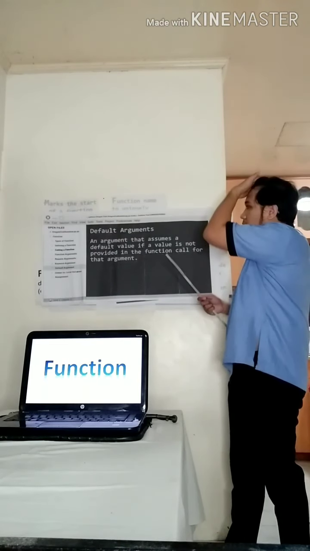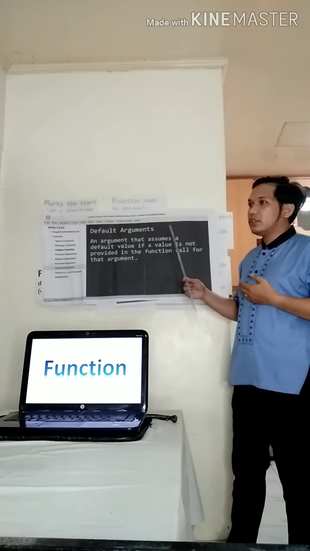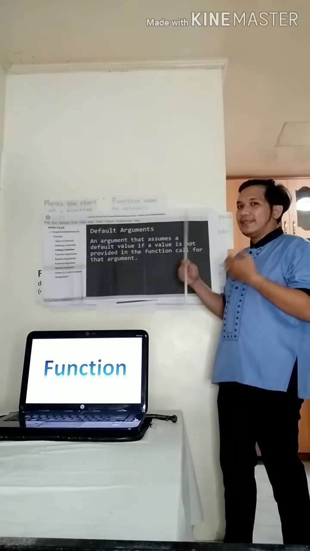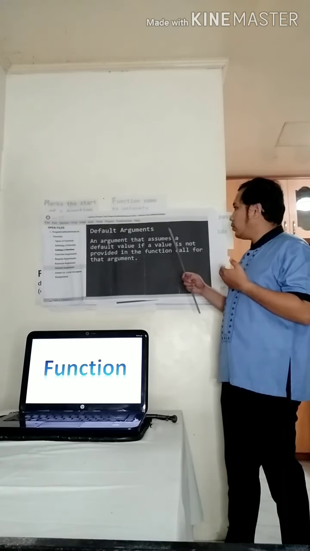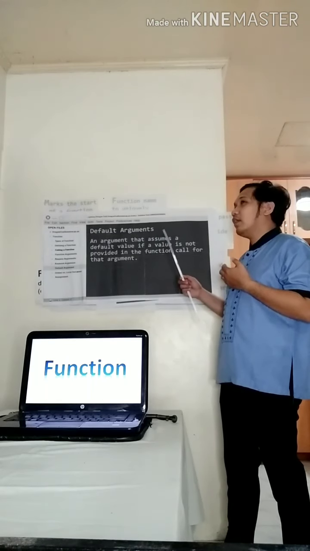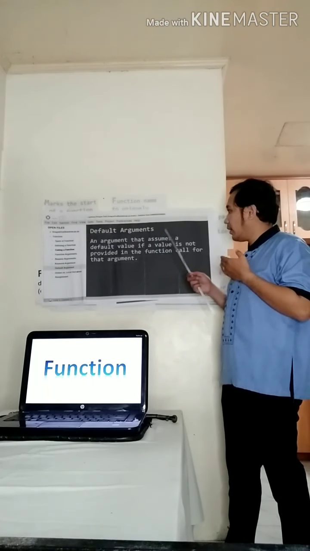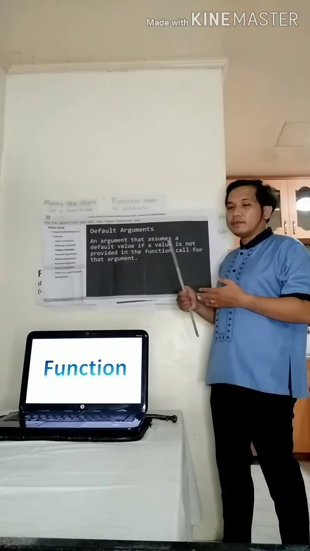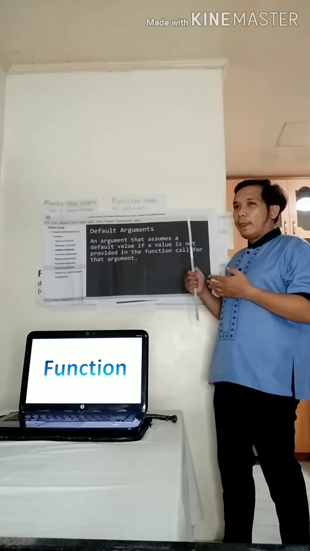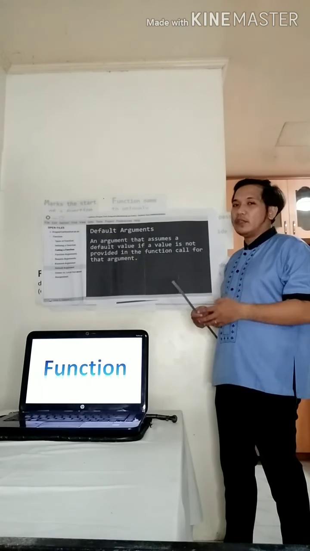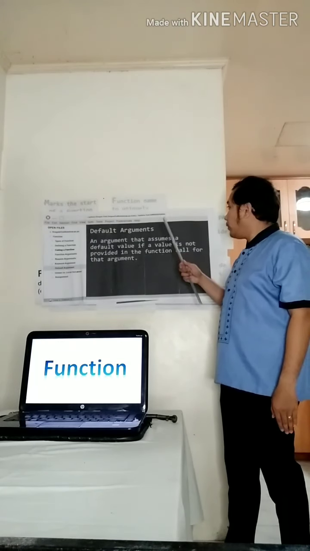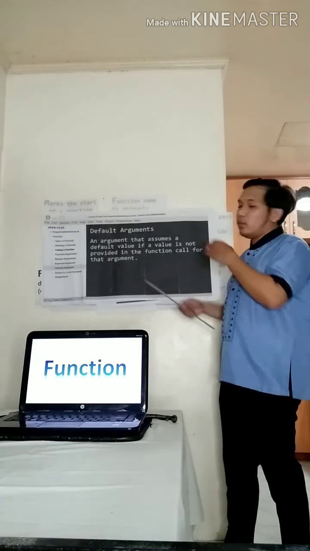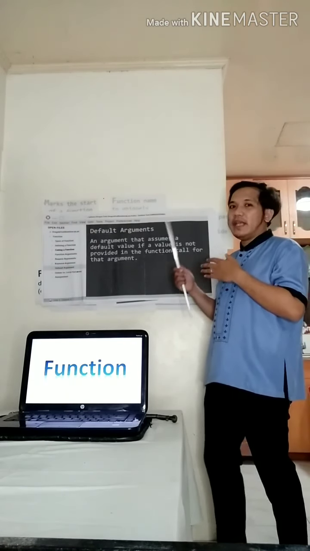However, when a value is missing, or there is only one argument that is assigned when we call the function, the default value will also be the output.